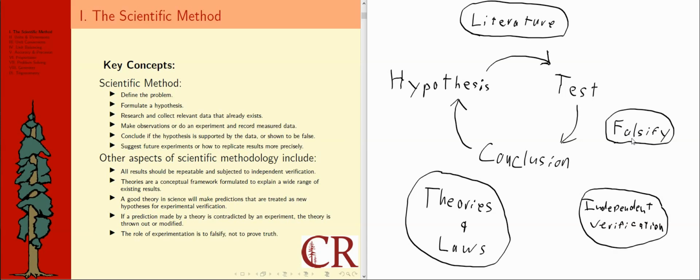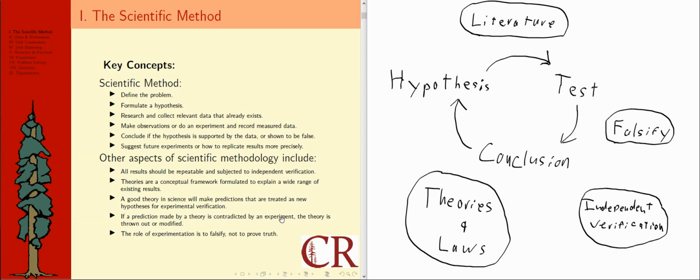The other thing I put up here is falsify. I just put that in a circle right there, and that's to emphasize that the role of experimentation and observation, the scientific method, is not to prove that something is true. It's to test it, really. And so it says here, if a prediction made by a theory is contradicted by an experiment, the theory is thrown out or modified. Now, we don't always immediately throw it out, especially if it was just a single experiment,